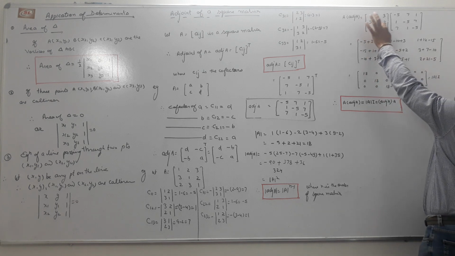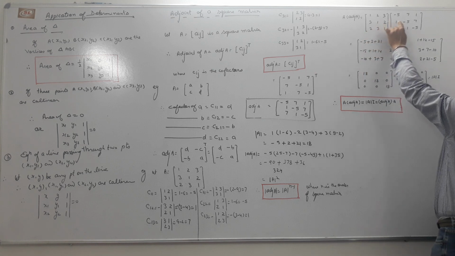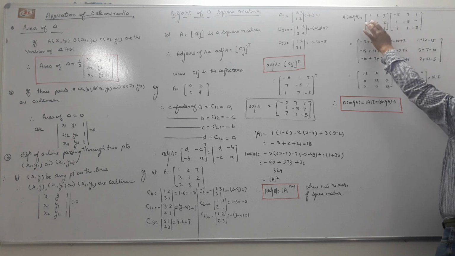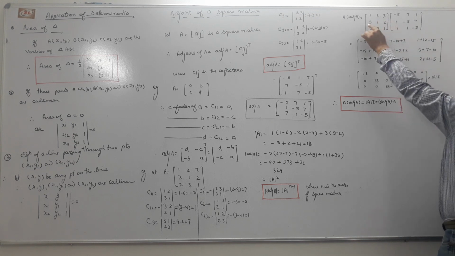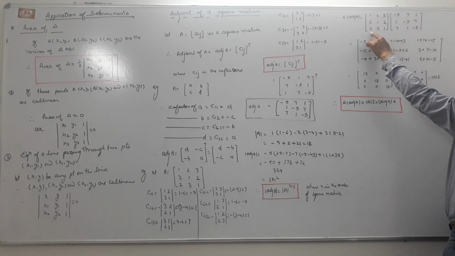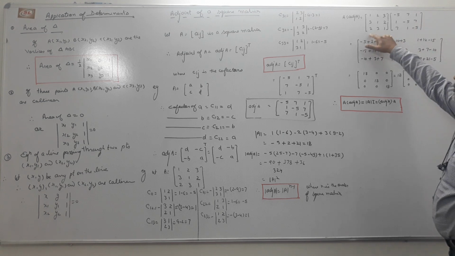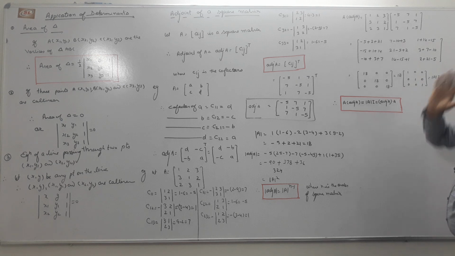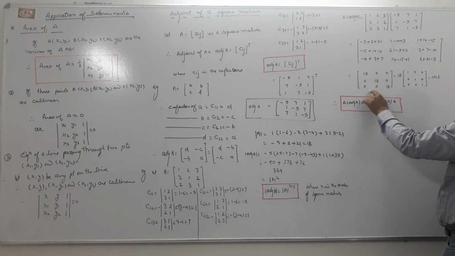Then similarly, second row multiplied by first column: minus 15 plus 7 plus 14. Second row multiplied by second column: 21 minus 5 plus 2. Second row multiplied by third column: 3, 7 and minus 10. Then third row multiplied by first column, by the same method of multiplying two matrices. Then we get this, which equals 18, 0, 0, 0, 18, 0, 0, 0, 18.